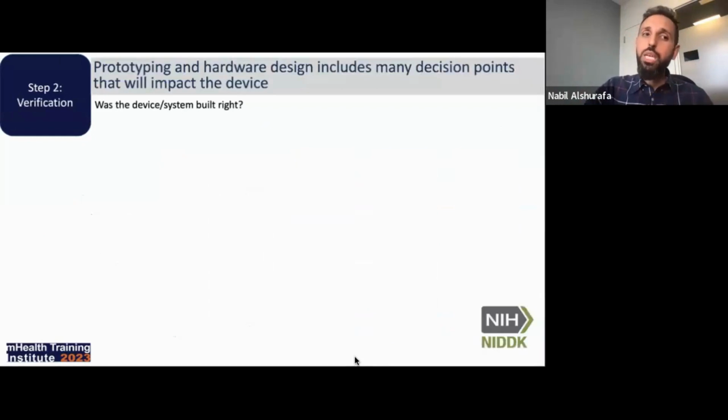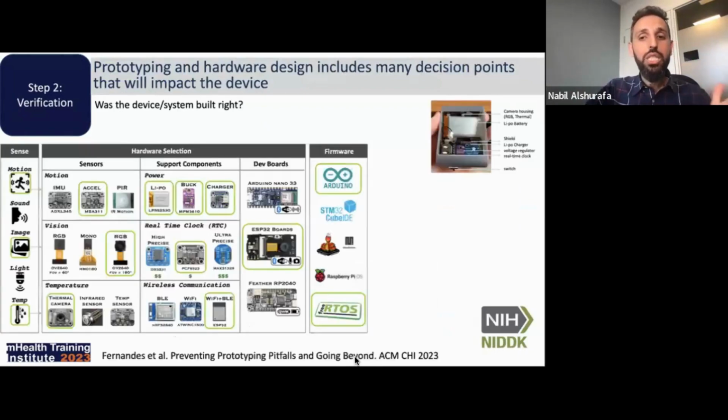All right, so here's step 2, prototyping. Now in verification, we want to make sure that the device is built correctly. There are many decisions that need to be carried out by engineers when deciding on what components make up the wearable device or system.